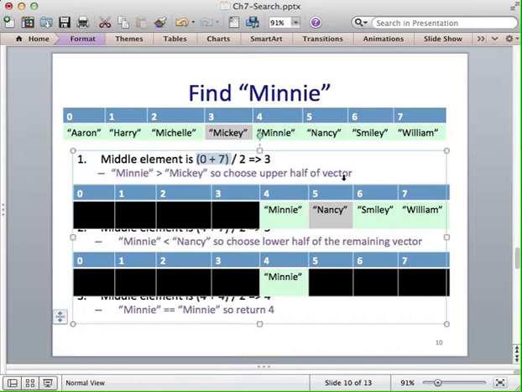So Minnie is greater than Mickey. So down here I've blacked out the lower half of the vector because we know that Minnie cannot be in that half. We've sorted the vector alphabetically, so we know Minnie must be in the upper half of the vector. So now the vector that we need to search runs from 4 to 7, so we add 4 and 7,